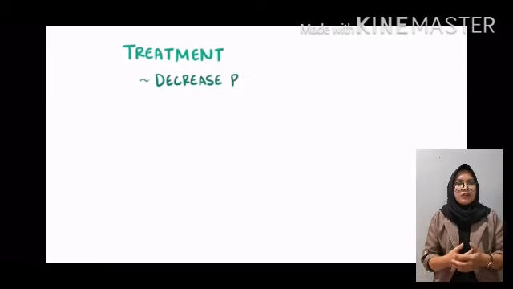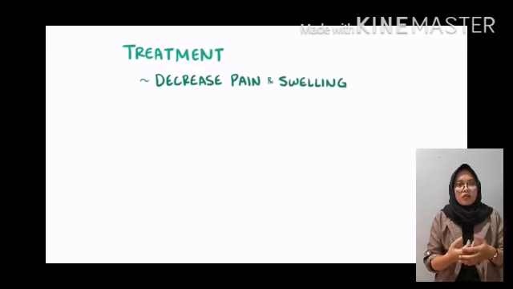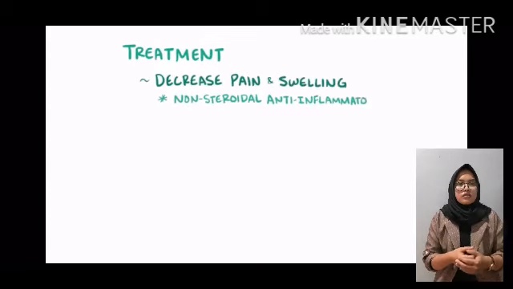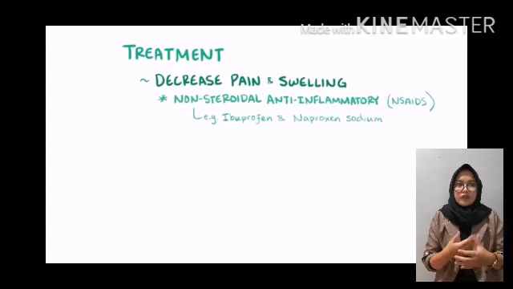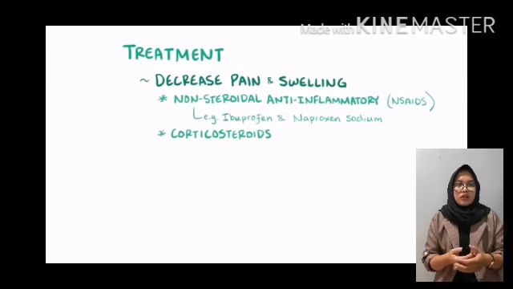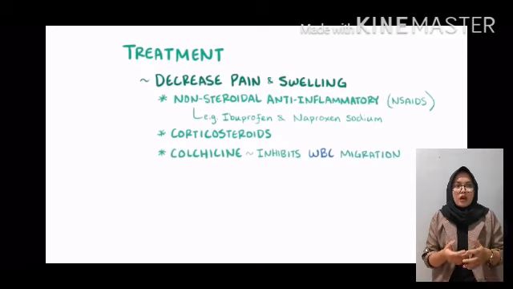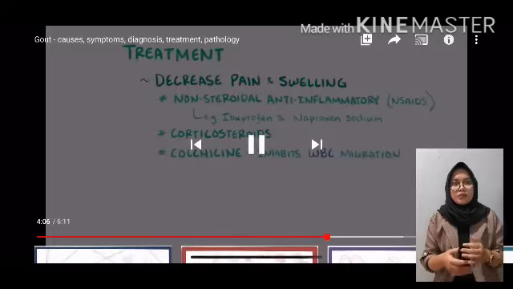Treatment of a gouty attack typically focuses on reducing the pain, often with anti-inflammatory medications or NSAIDs like ibuprofen or naproxen sodium, but occasionally with corticosteroids as well. Colchicine, which has anti-inflammatory effects by inhibiting white blood cell migration, has also been used for a long time to